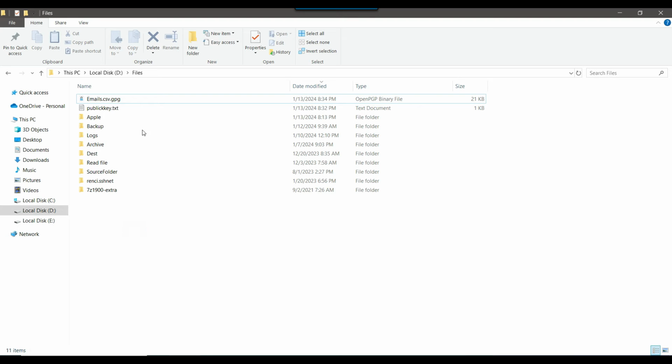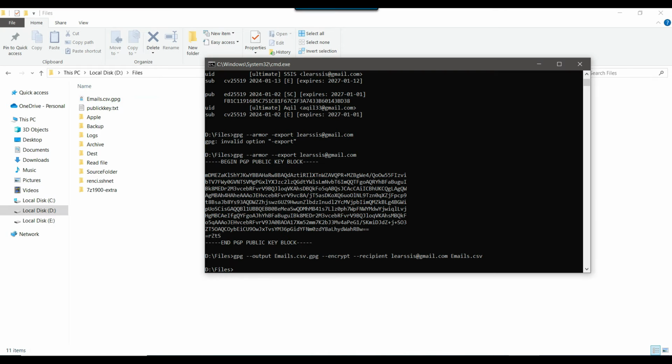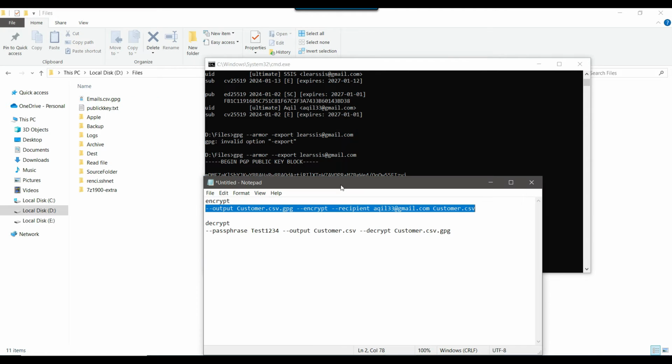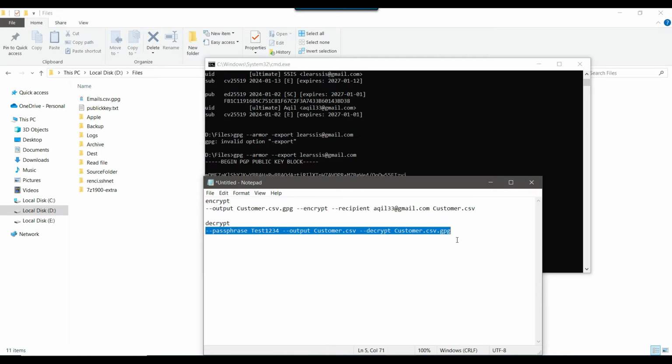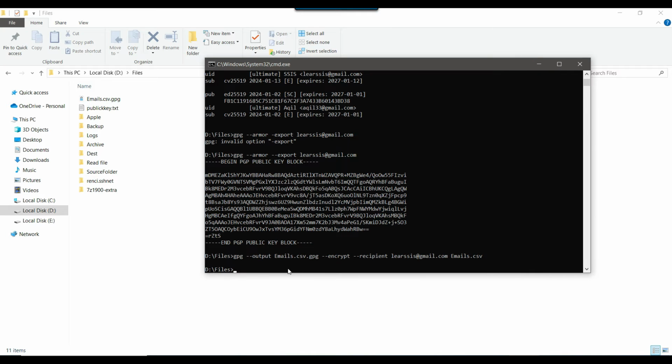Now as soon as the file has been encrypted, if you want to decrypt the file, how can you decrypt it? For decrypting the file, this is another command. You need to type gpg and then paste the command. In the beginning you need to type the secret key, or you can say the passphrase. This is the private key that you can type. The private key was SSIS123, and then the output file name will be